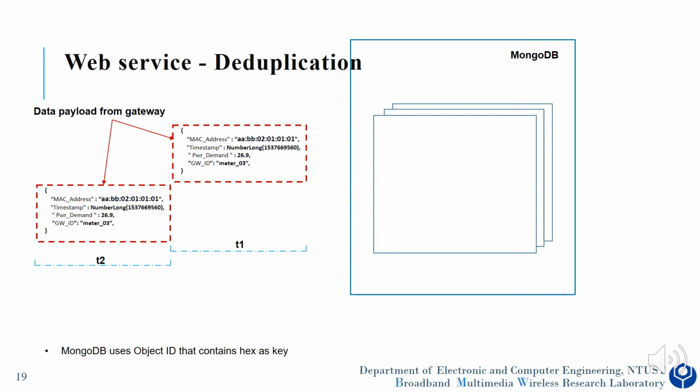On the left side, we can see two data payloads that come from the gateway that are exactly the same data payload but coming at different times. The middle one is at T1 and the left side is coming at T2. In this data payload, there is no object ID. So when data at T1 is requested to be written into MongoDB, MongoDB assigns an object ID automatically before it is written into MongoDB. When data from T2 comes